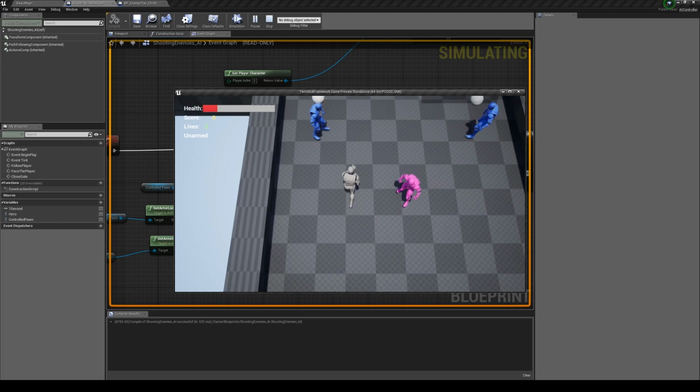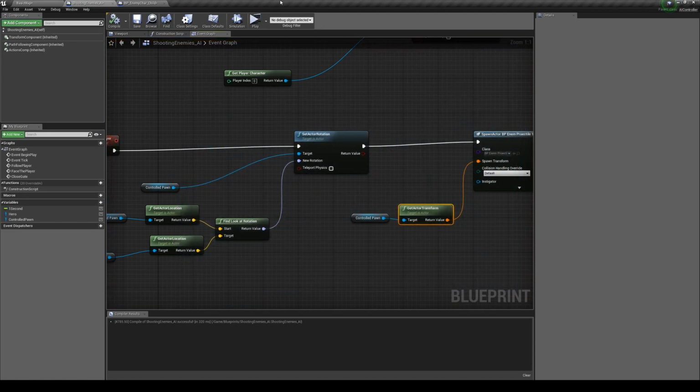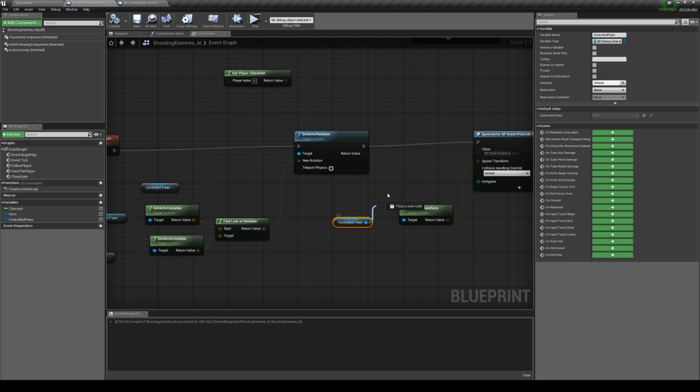So if that's all you want, then you finish the tutorial, but now we're just going to carry on building on this and giving it a bit more functionality. So in here, we've hard-coded what this AI controller has. This is the variable we created earlier. What we're going to do is, from the controlled pawn,